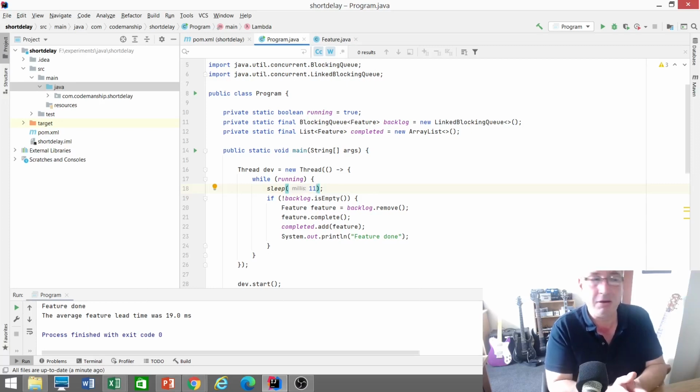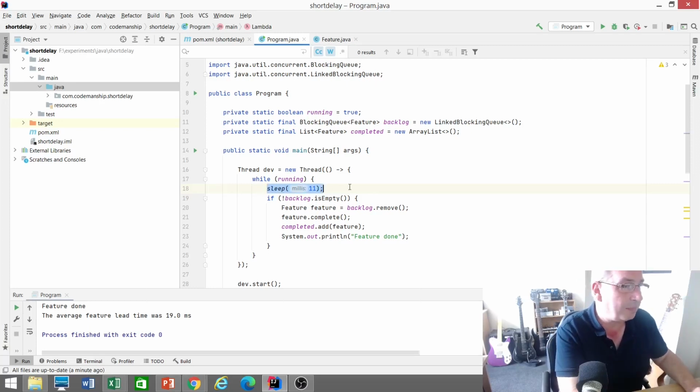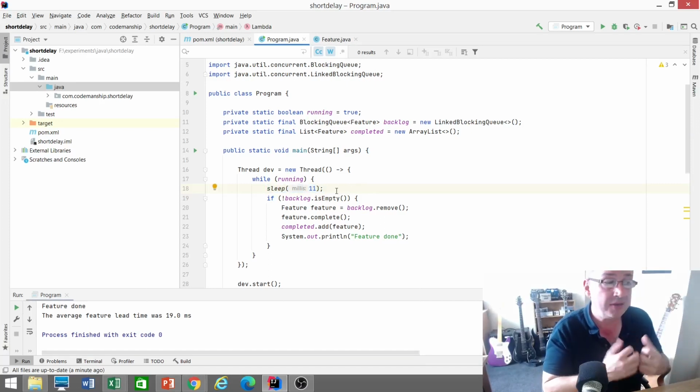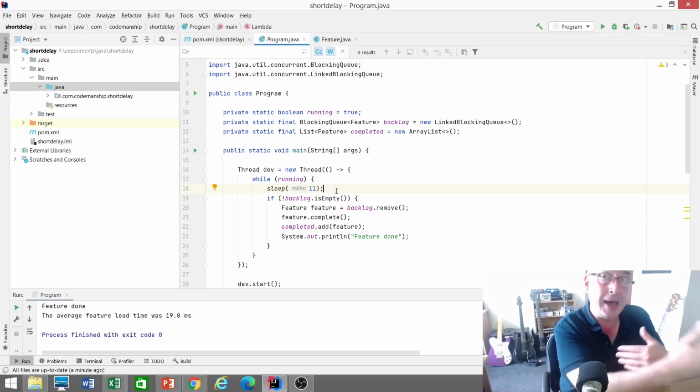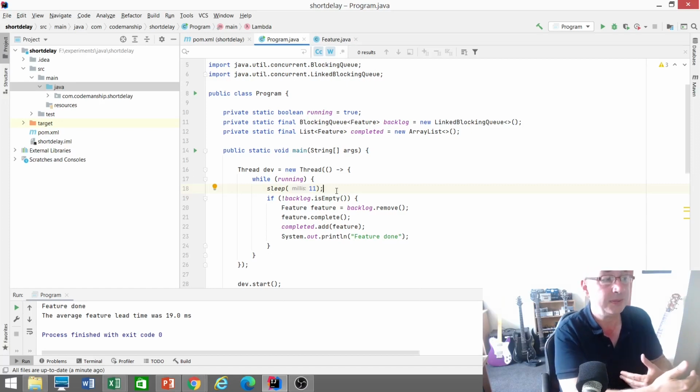That's what they're thinking of. And that's this delay here, basically. That's often what they have visibility of. What they don't have visibility of is the feature lead time. How long is it taking from the feature being added to the backlog to it actually getting into production? And that's the number that we should be really interested in. That's the number the customer cares about, because that tells us how long they would have to wait to get